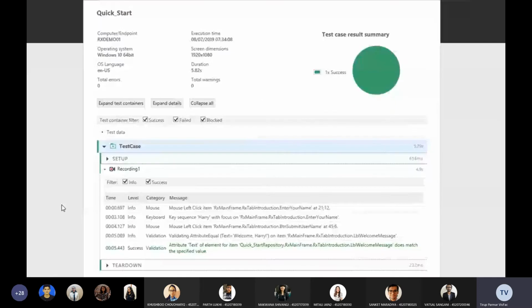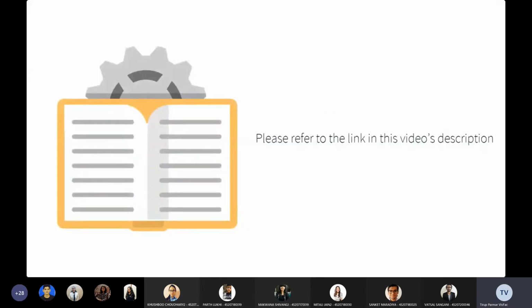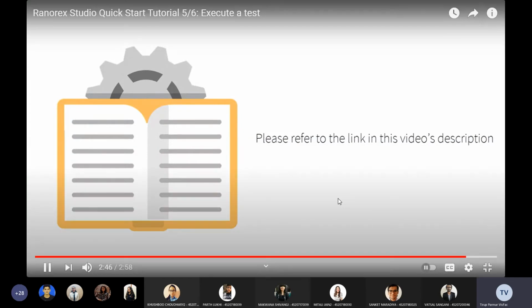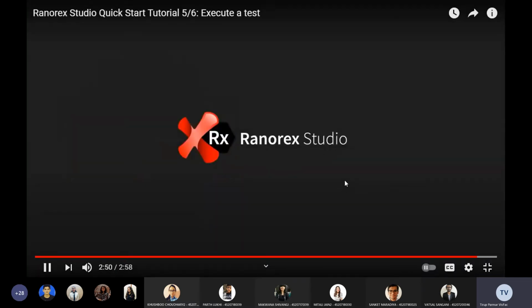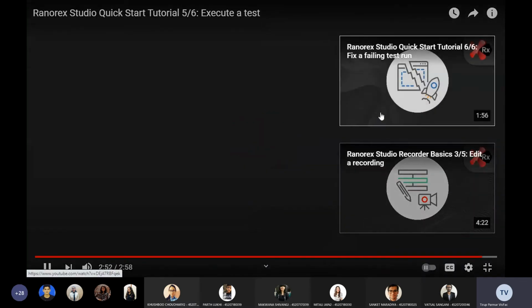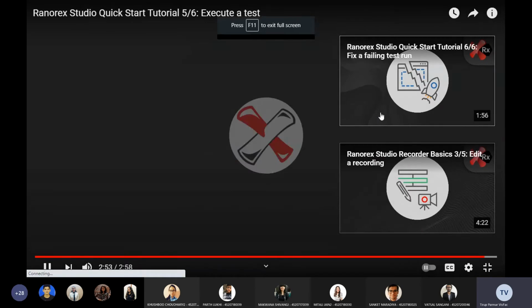In addition to running a test suite from within Ranorex Studio, you can run test suites from the command line. For more information, refer to the Ranorex Studio user guide, which is linked in the video description. This test run was successful. Watch the next video in this series to see how to resolve a test